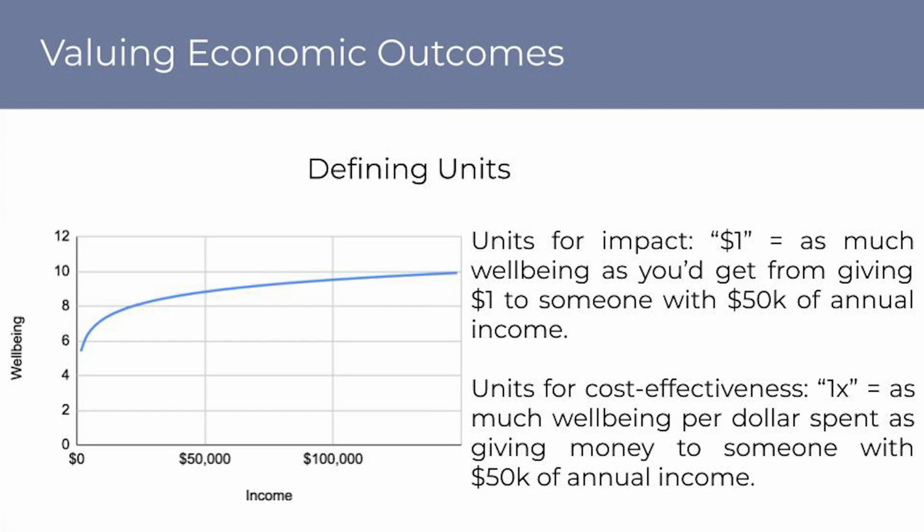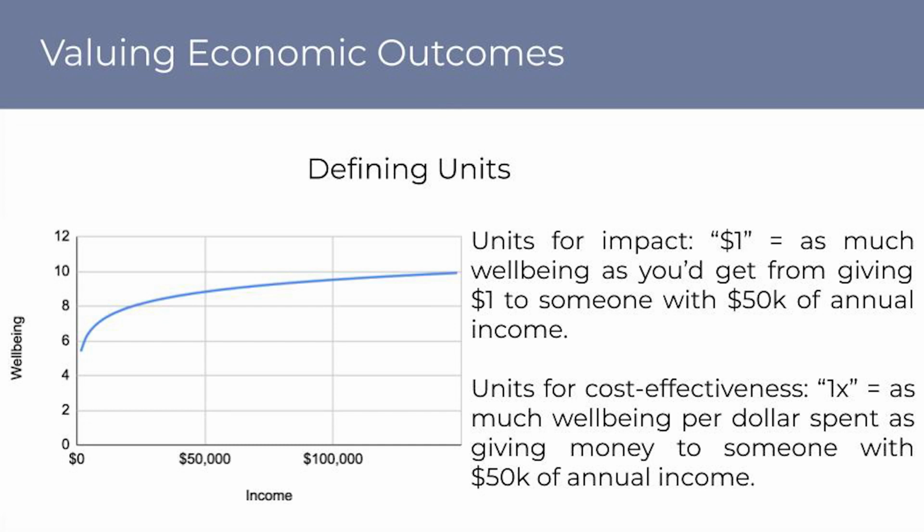So first, let's define some units. OpenPhil currently is using a log utility model of well-being. You can see this nice graph here, which has a really nice feature, which is that roughly increasing someone's income by 1% has the same value in our terms, no matter whether their income is $500,000 or $500. So we can say that 1 unit of philanthropic impact, or what we sometimes call OpenPhil dollars, is giving a single dollar to someone who makes $50,000 a year. When we set this as the arbitrary unit, and let me emphasize this is just arbitrary, the per capita income in the US was something like 50 grand.